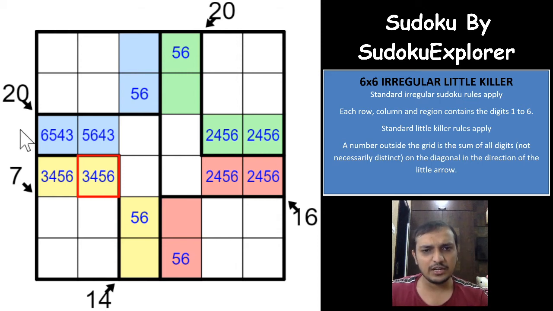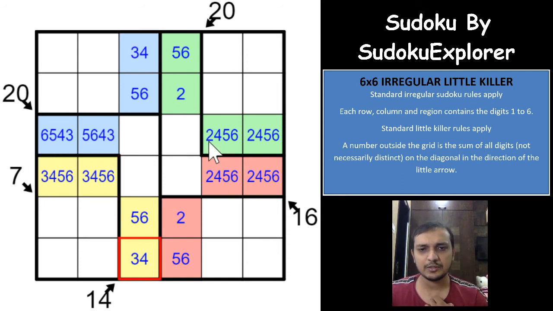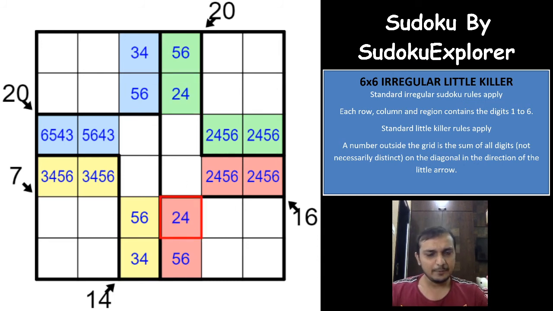Okay, so we know that the 2 cannot be in one of these 4 cells, so the blue and the yellow cells cannot have a 2. So one of the red cells and the green cells will have a 2, because whatever 2 you have here will have to be these 2, right? And which means that the green and the yellow cells will have 4 and 3, 3 and 4, right? Which of the yellow cells will have 3 and which will have 4, we are not sure of it. And one of the red cells and one of the green cells will have 2 and 4, right? So we can mark that here, and let us see if we get anything else now.